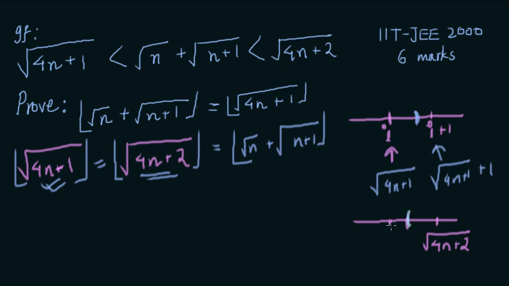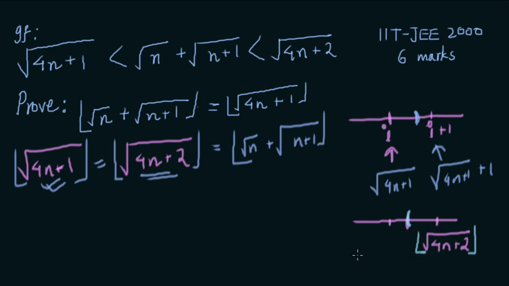Because the difference is less than 1, we would not reach root over 4n plus 2 minus 1, as we have already seen that the difference of root over 4n plus 2 and root over 4n plus 1 is less than 1. So if we take the greatest integer of this number, we are going to get